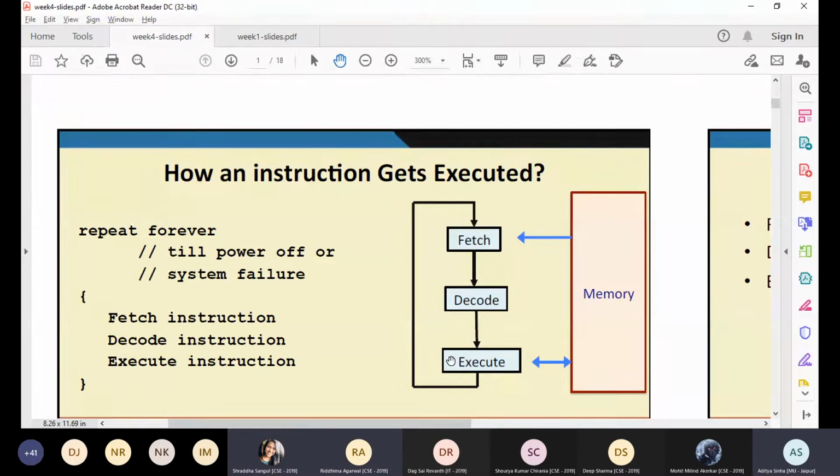Sir, when the program counter is pointing to that instruction and it is being fetched from the memory. Okay, what about the decode phase? Sir, when the opcode and operands are decoded separately. Where does it happen? ALU? No, think more. Who decodes which part? Instruction register. Yes, very good.